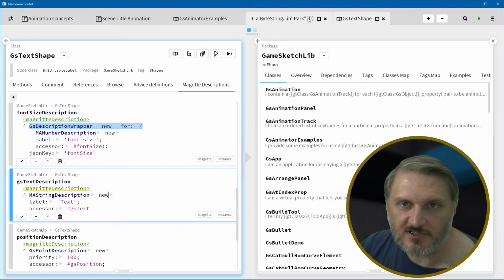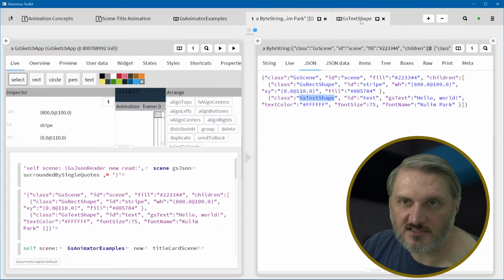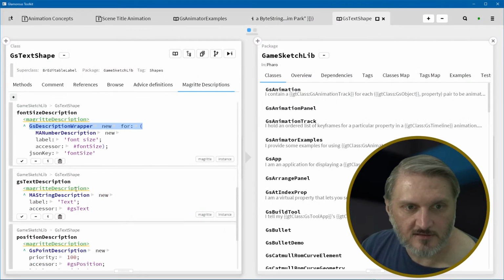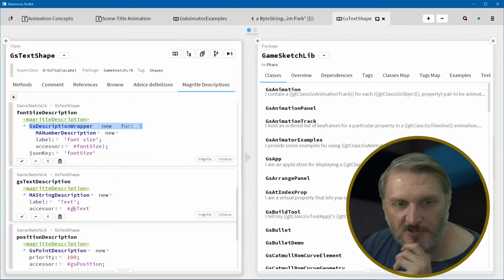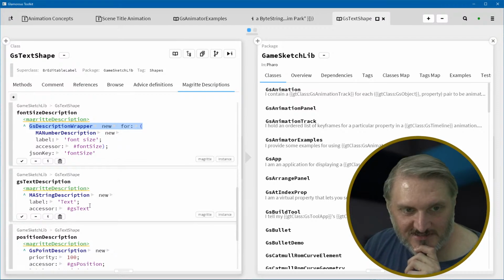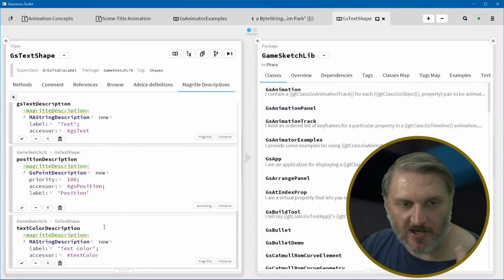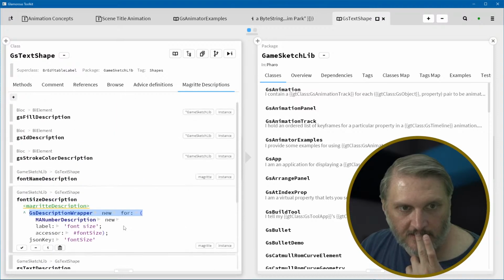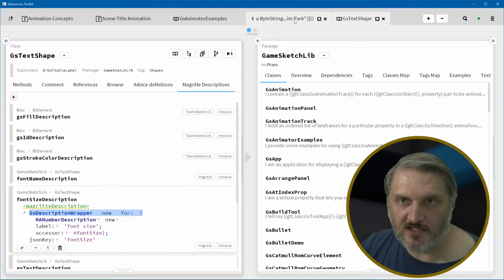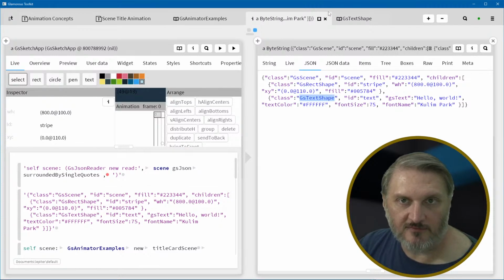Is it not even saving the text? It does, GS text. Oh, right. If the accessor is simple enough, then you can just tell it an accessor, right? And then by default, it's just taking that accessor to be the key. Got it. Okay. So then if I were to do this right now again, I'd have to